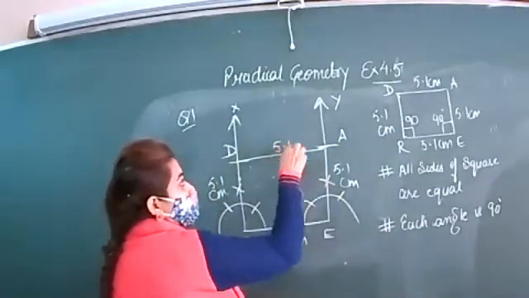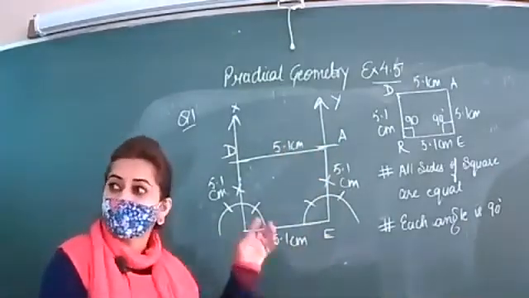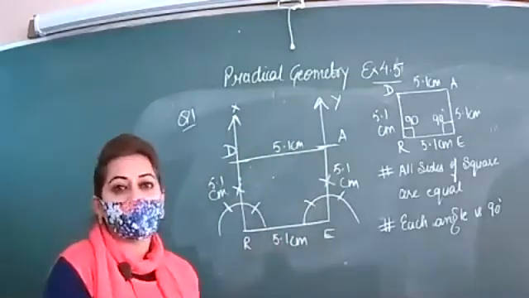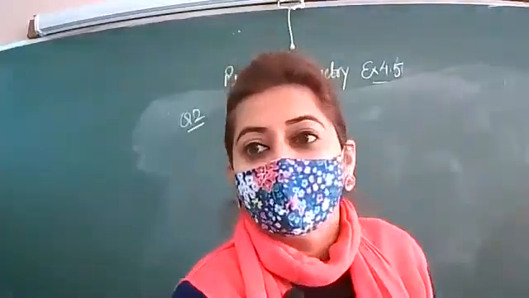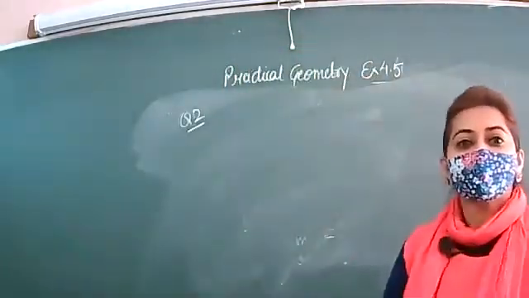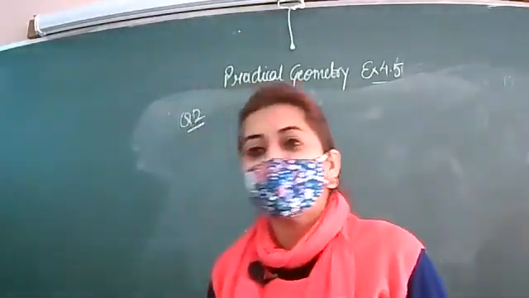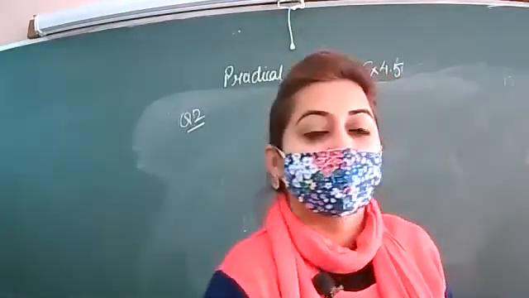And the length of this line segment will be 5.1 also. If you want to measure this, you can. In this manner, you will get a square and its name is READ. In the next question, you have been given a rhombus whose diagonals are of length 5.2 and 6.4. How will you do this question?